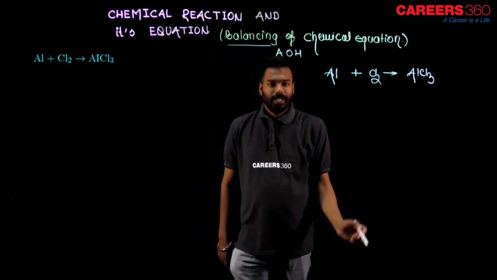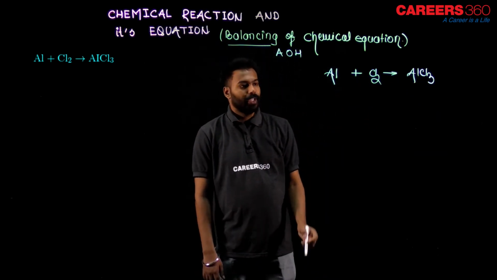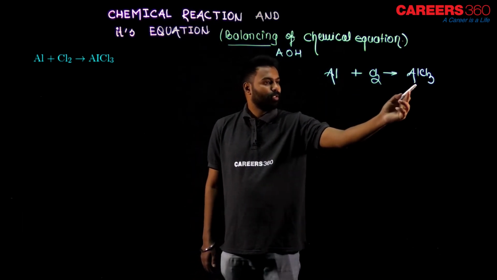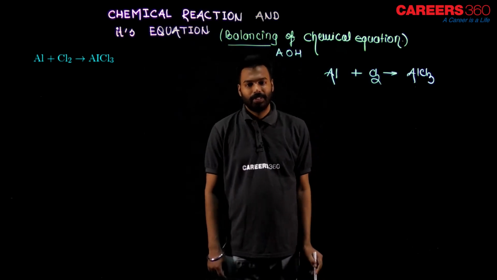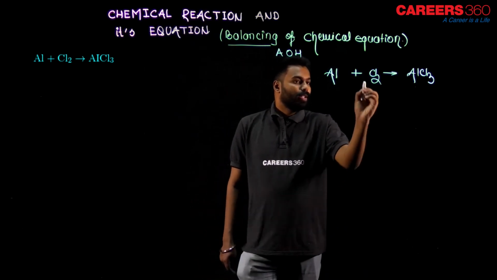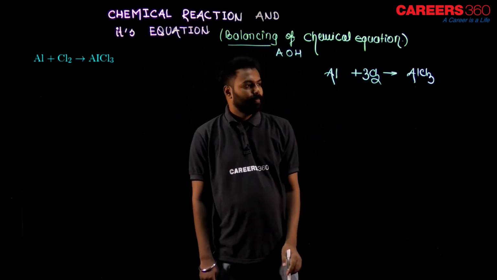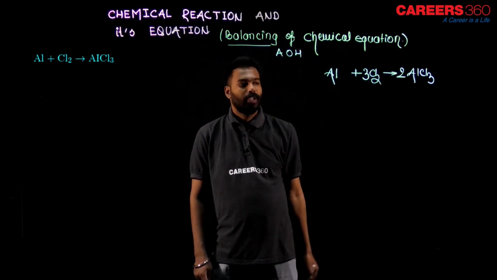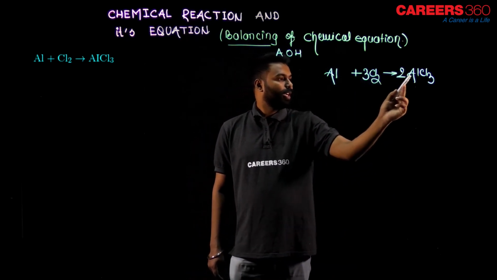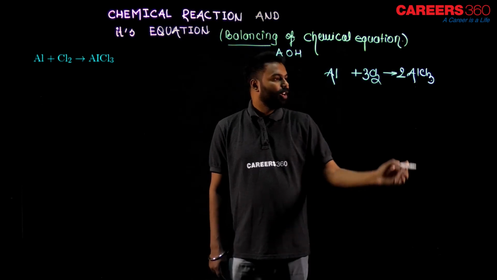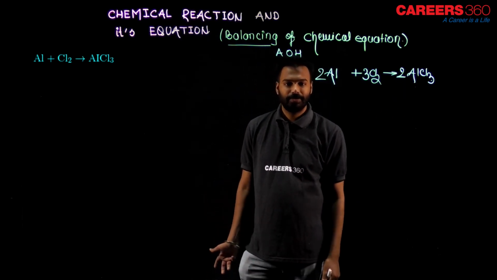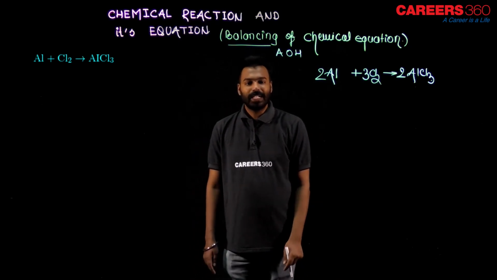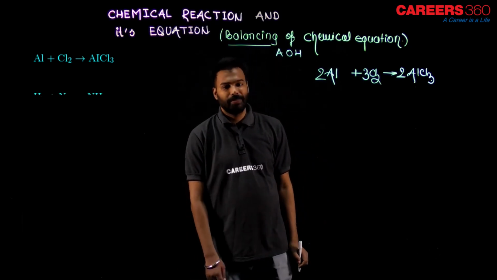this question is AlCl2 goes to AlCl3. Okay, so aluminium is 1, here also 1 aluminium. Here 2 chlorine, here 3 chlorine. How to balance? So we can write here 3 and we can write here 2. So 3 2s are 6 chlorine and 3 2s are 6 chlorine. How many aluminium in the right side? 2. Here also 2. Balanced. It's very simple, easy. Let's take the second example to balance the chemical equation.